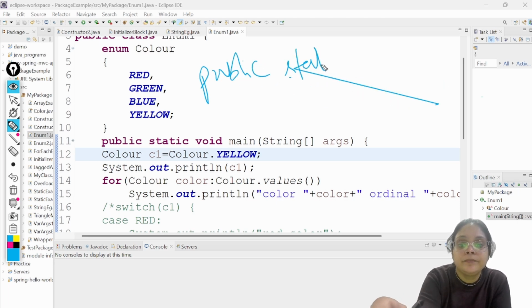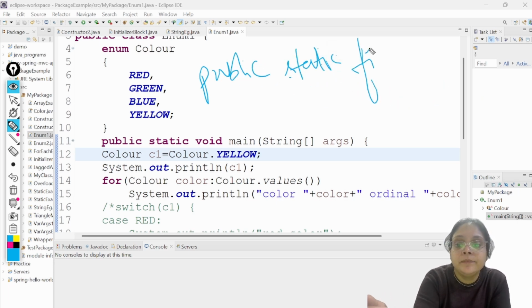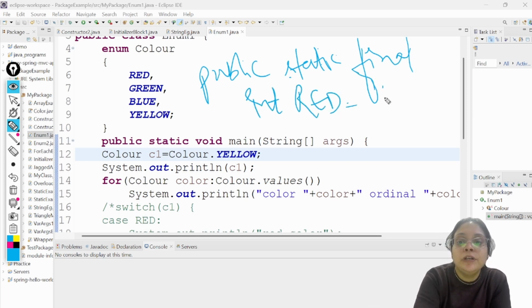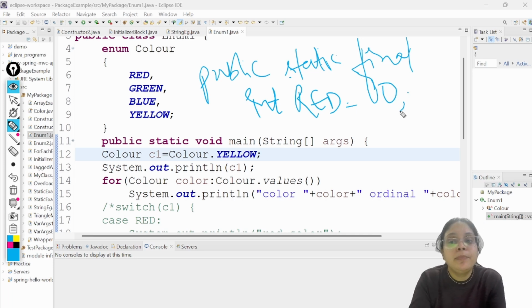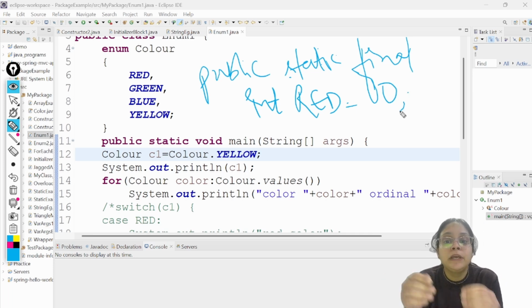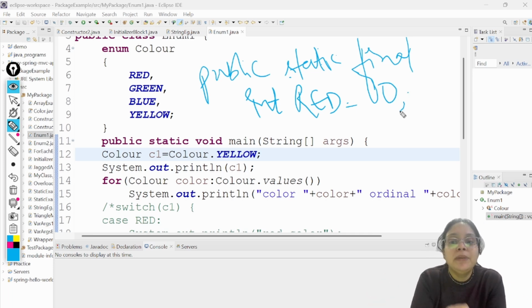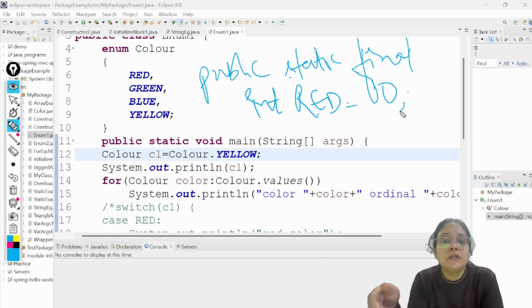public, static, final, int, so red is equal to 0. In the same way, public static final int green is equal to 1, public static final int blue is equal to 2,